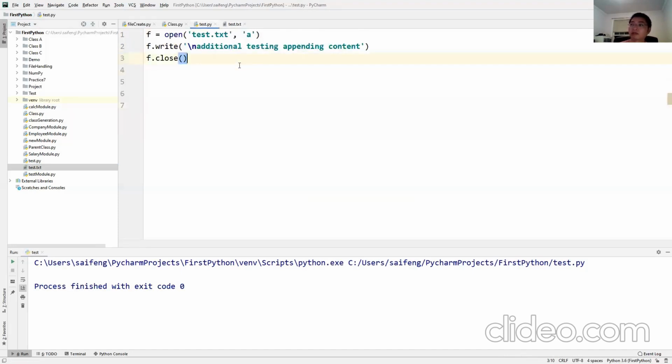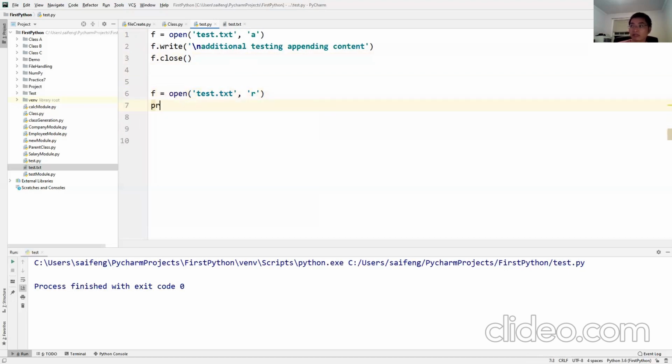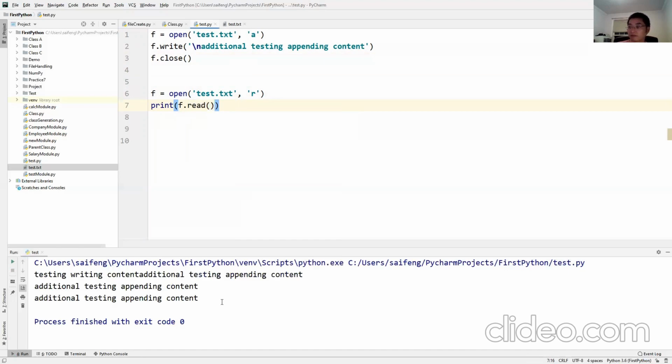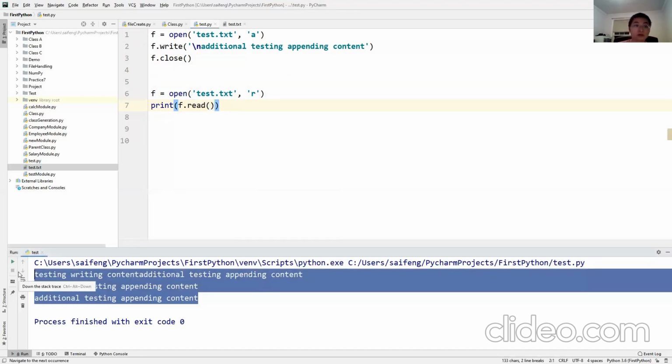Okay? So now I close this. So I have created a file. Okay? Update the file, right? Again, we said read, right? Read is simple. After you've done this, I said R. Now print after read. Again, it's a function, so in the practice, right? So now run this. Okay, you see, it print out the whole content of that.